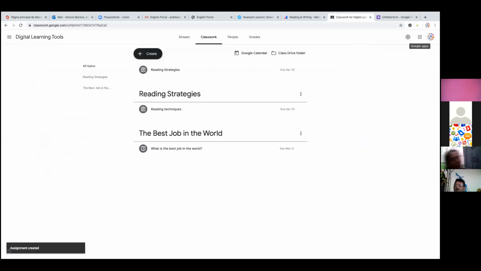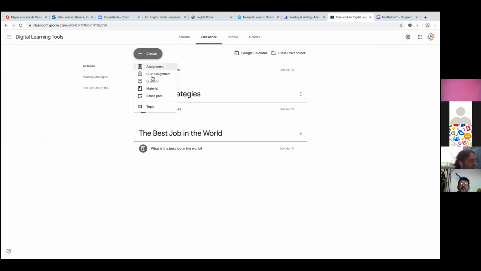It is assigning, and now our assignment reading techniques is in our topic reading strategies. Okay, as I told you, you can create assignments, you can create quizzes, you can create questions, and you can create as many activities as you want with Google Classroom. Okay, so teachers,